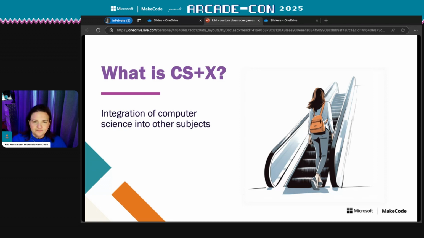And it's really important to get younger students interested in computer science. And I'll go into that more later, but this is to say that one of the ways we can authentically bring computer science down to very, very young students is to integrate it into other subjects. That's what the X is about.